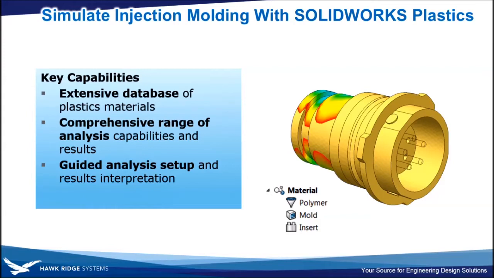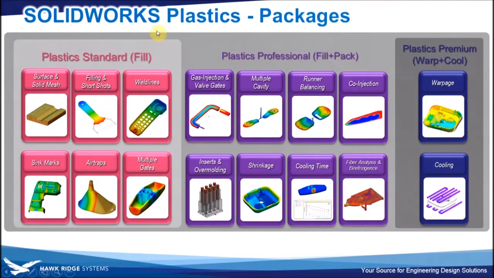So let's take a look at what the process looks like to go from just a simple part model to some analysis results that can give us more feedback on our design. Of course, we're talking about the capability of SOLIDWORKS Plastics here, and you should be aware that they're split up into 3 packages. Plastics Standard being more for just a simple fill check of a part that would be done